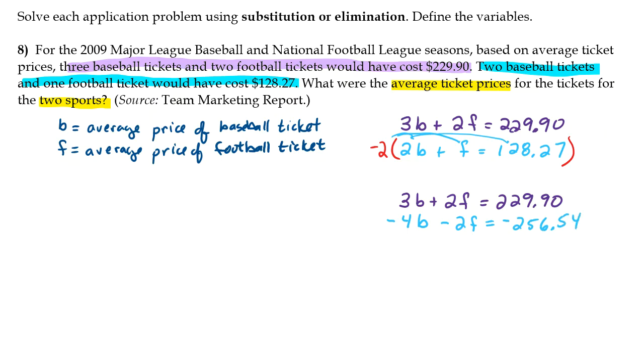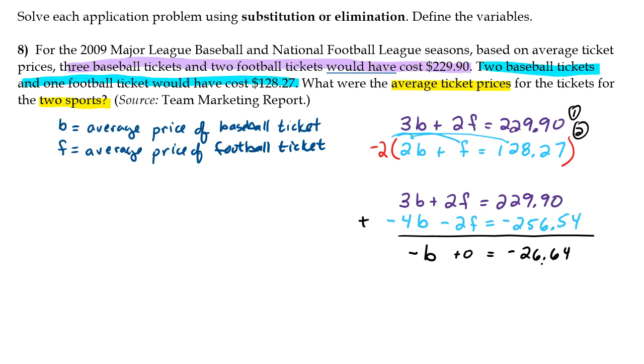-256.54. Now, if we add these 2 equations together, the f terms are going to drop out. So we're going to add straight down. 3b take away 4b is -1b. 2f take away 2f is nothing, and you don't have to write that if you don't want. And then if we do this subtraction, and that comes out to be